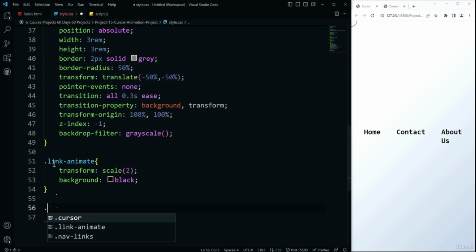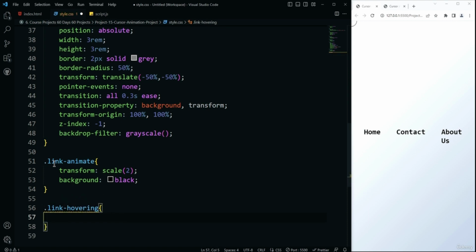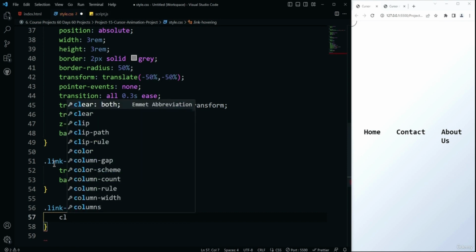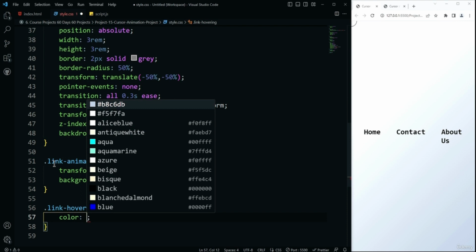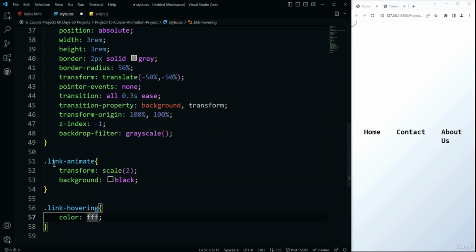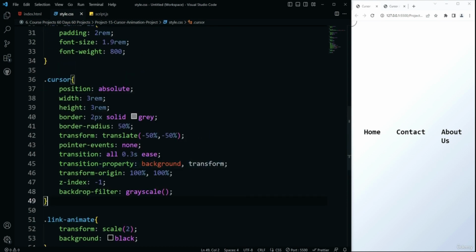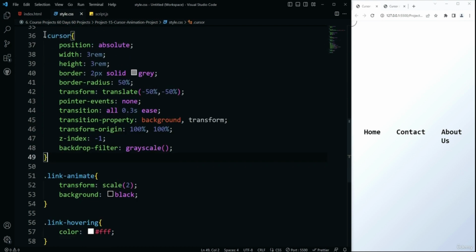Alright, and then again we need to use the link, which is going to be hovering. Also we need to start its block of the code. Inside of that we need to set the color of the text to white, which is the color of the links. If I control save it, now you can see nothing will be happening to this particular project,